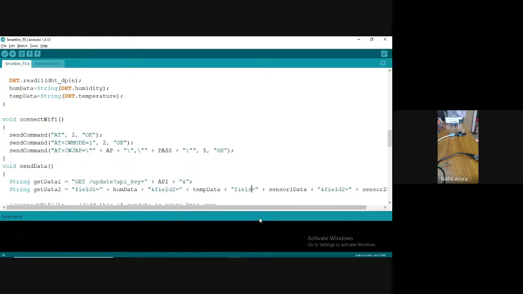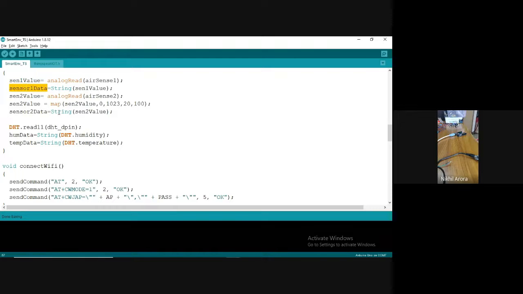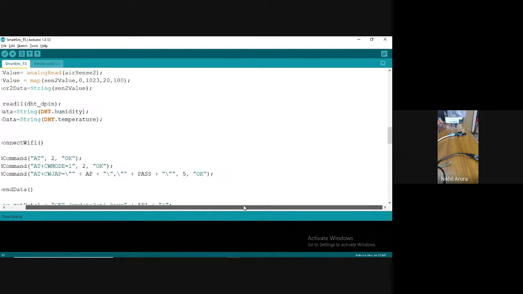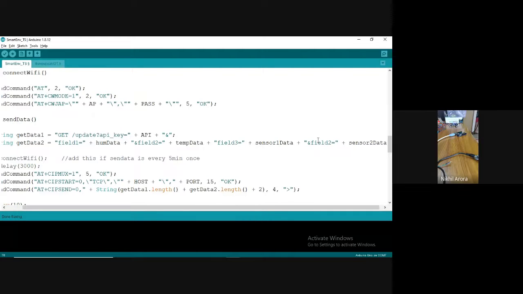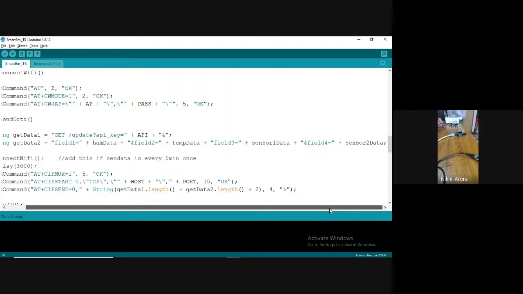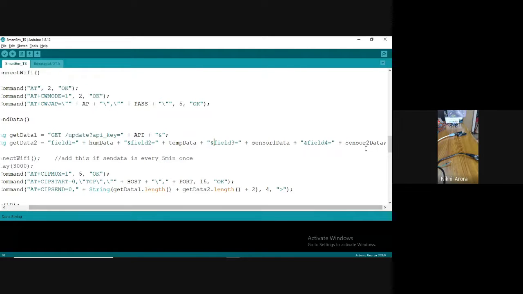Field 3 is your sensor 1, which is nothing but pollution level. Field 3 is pollution level and field 4 is your pressure. So field 1 variable, field 2 variable, field 3 ampersand should come here. Field 3 variable, field 4 variable.